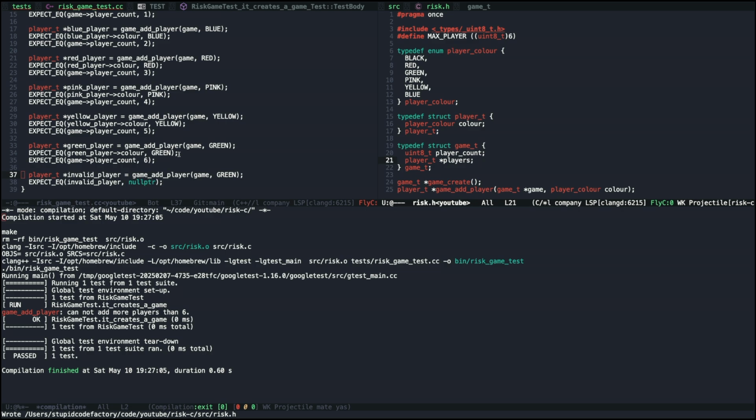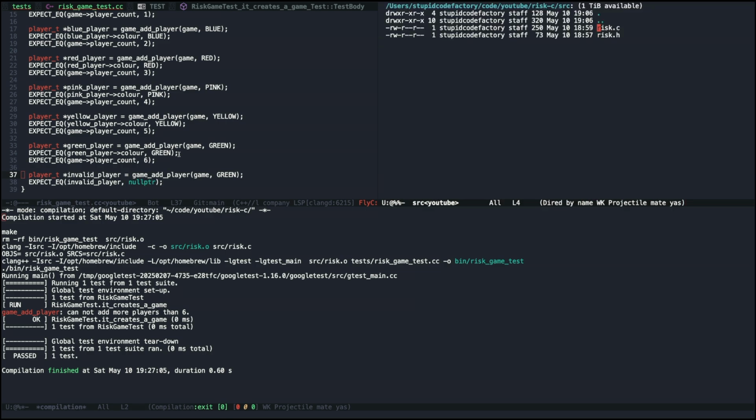Do I want a pointer to pointer, or just a pointer? Because if you make it a player, you can always do pointer arithmetics. Yeah, let's just use a simple pointer rather than a pointer to pointer to make things